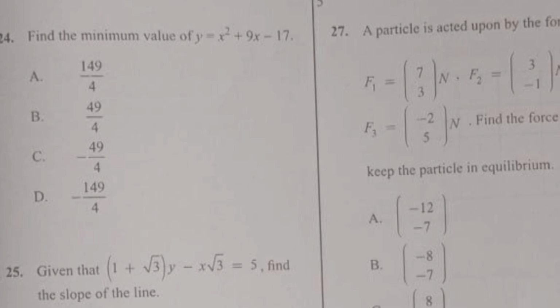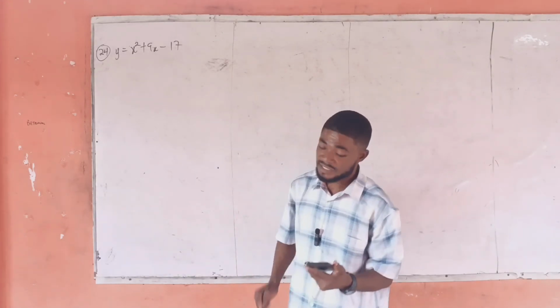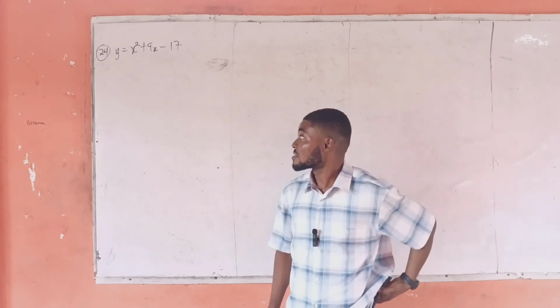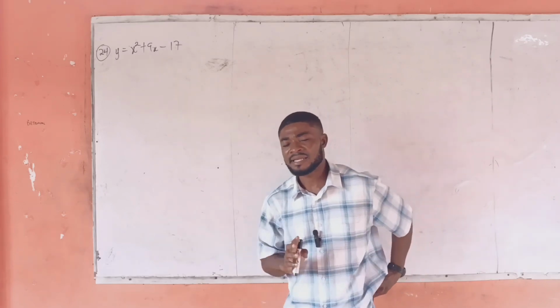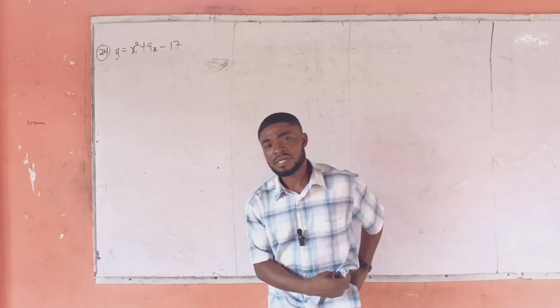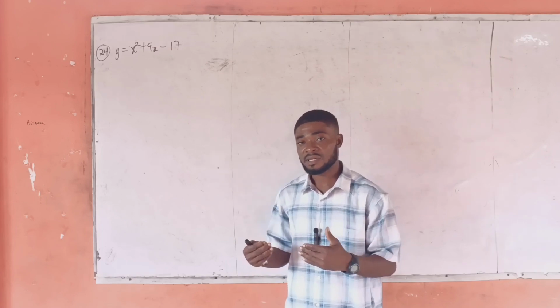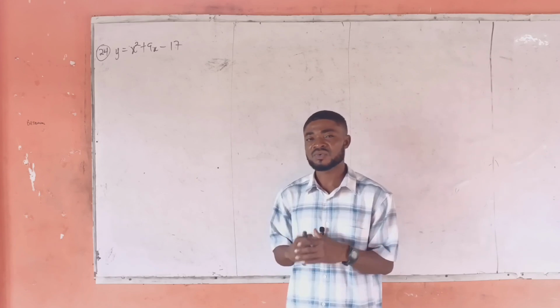y is equal to... We've been asked to find the minimum value of y is equal to x squared plus 9x minus 17. To do this, we need to use the concept of completing the squares to get this done. So what we are going to do is look out for the coefficient of x in this particular question, and then apply that concept, just like y is equal to ax squared